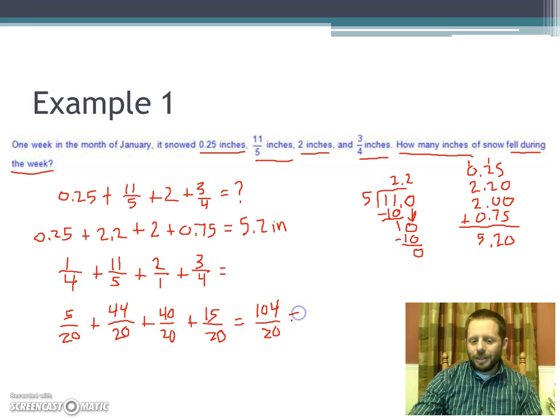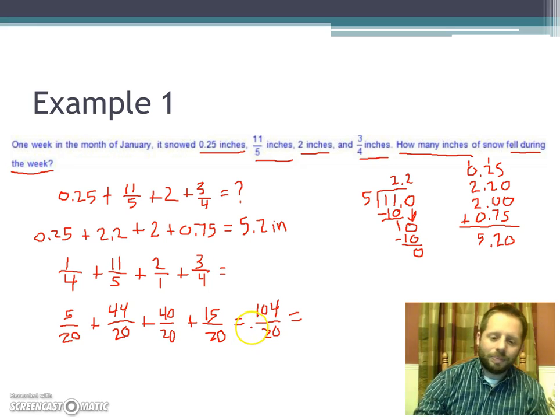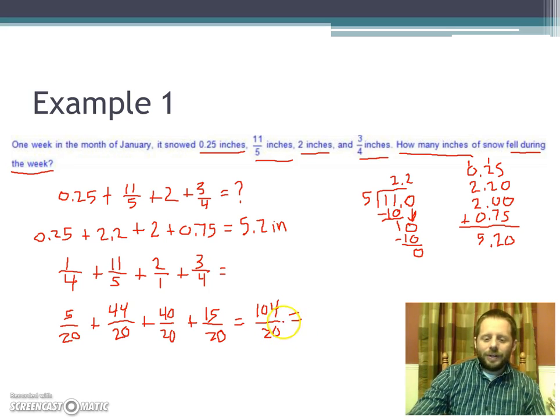Now, I would not recommend leaving your answer that way. I would try to simplify it if you could. I can see that both those are even numbers, right? 104 and 20, both even numbers. So why not at least divide them by 2, right? So if I divide both these by 2, half of 104 is equal to 52, and half of 20 is